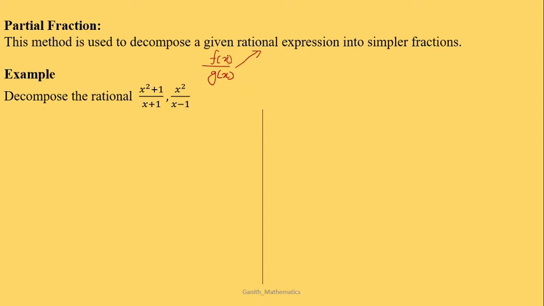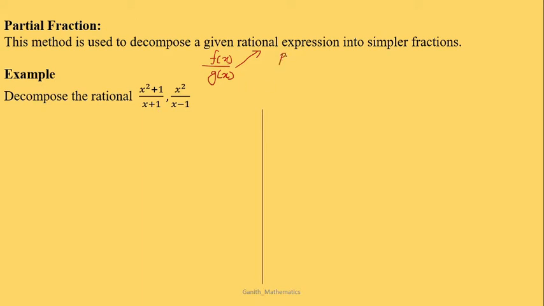When there is a function, either f of x or g of x, you can easily find the power of the function. See that x square plus 1, the numerator power is 2, the higher order. So the power of x is the power of the numerator. The power of the numerator is 2, and the power of the denominator is 1. When the power of the numerator is greater than the power of the denominator, then you have to divide the functions, the usual normal algebraic division. You can take a note of this.